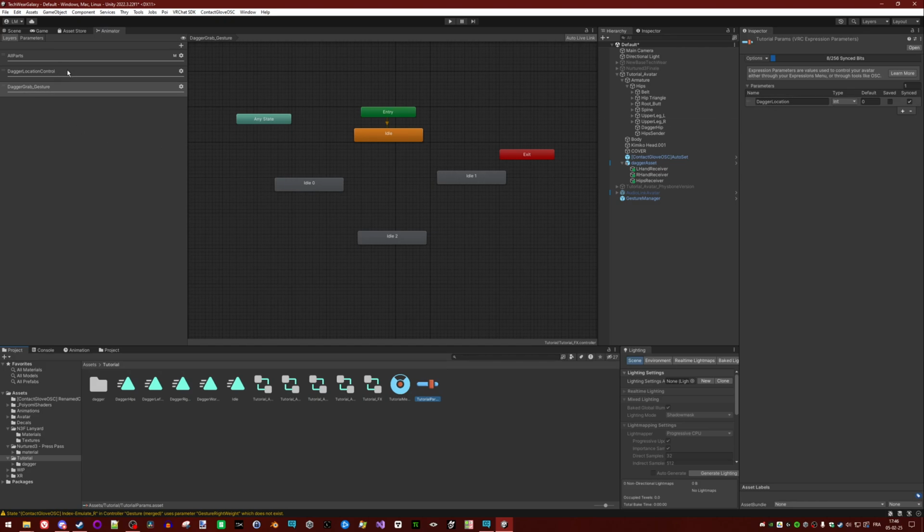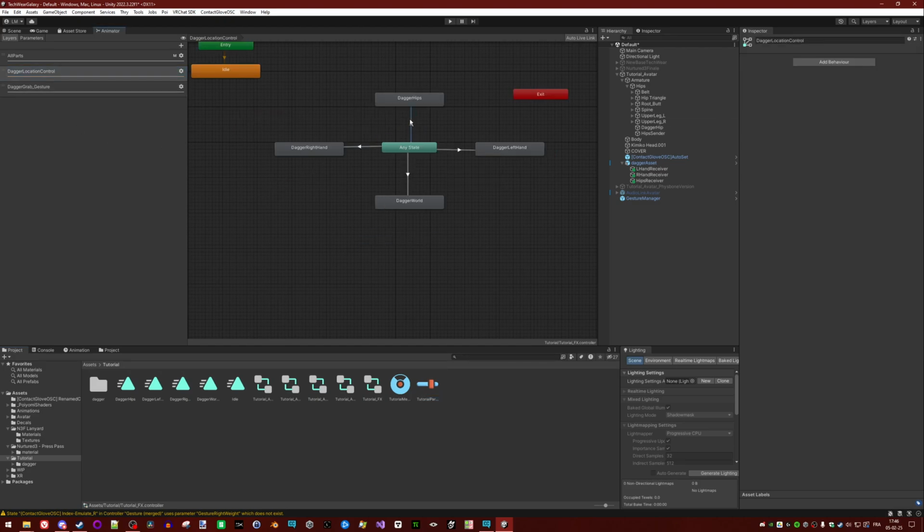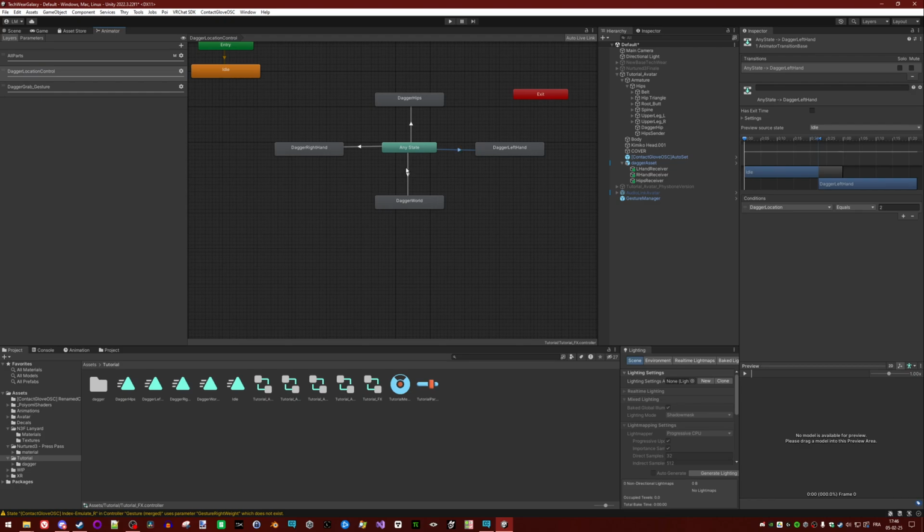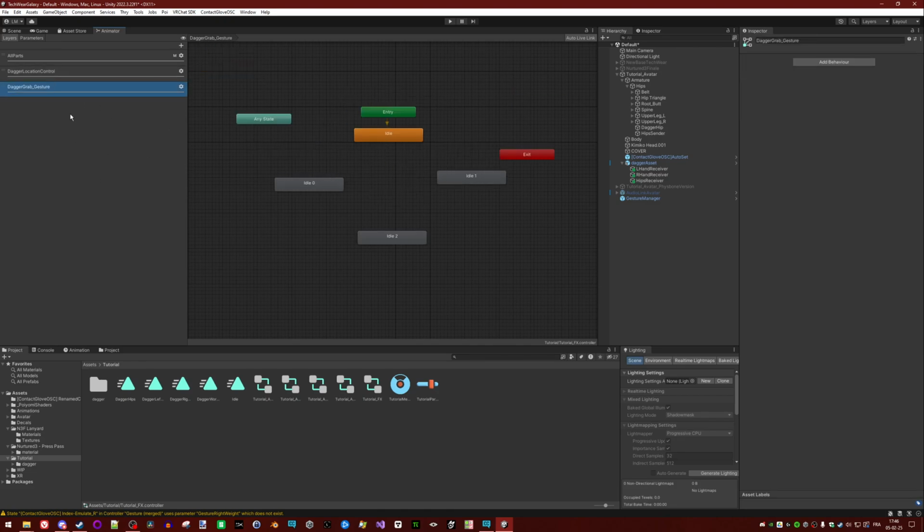Remember, we already have a layer that, according to the dagger location, will move the dagger around the different parent constraints we established. So here we only need to change the value, and to change the value it's not using an animation, that's why I'm using 4 idles.